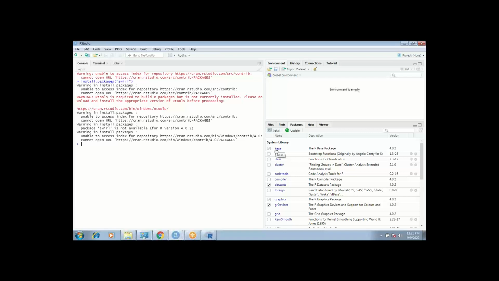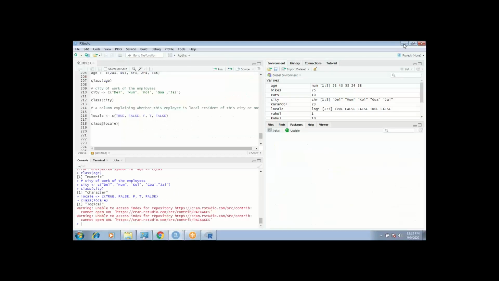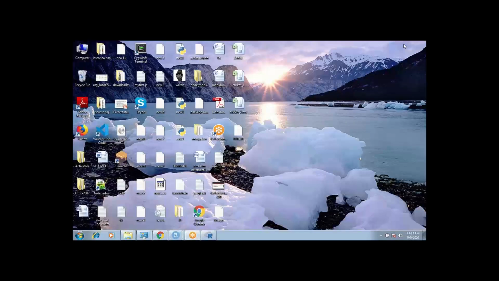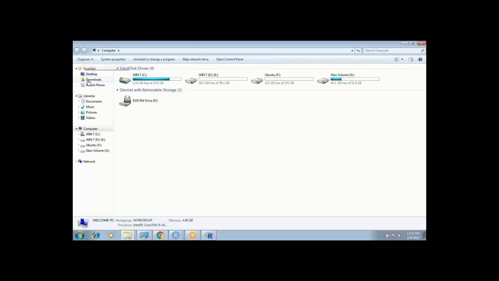Come back to desktop, Aditya. Right click on your computer, the computer icon. No, not there. Top left corner, the computer icon. Right click.